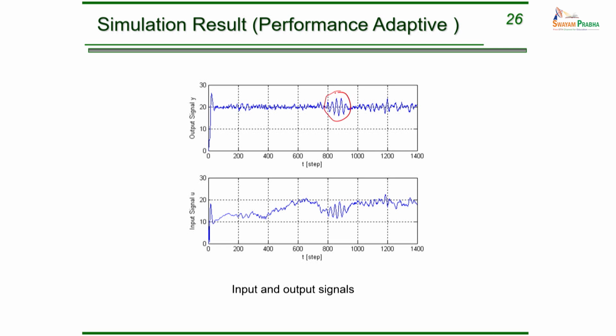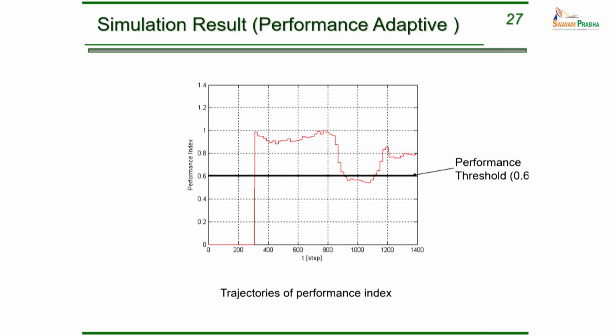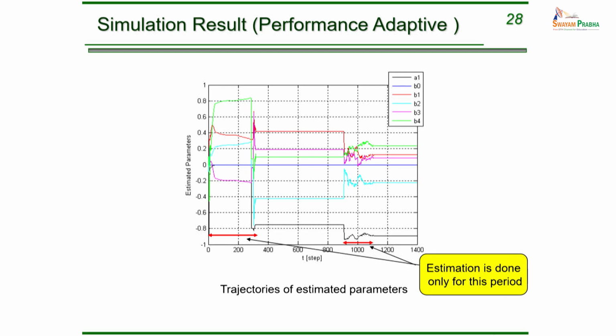This is where the delay changes, and it takes a little while for the controller to quickly estimate the new parameters for the controller, and it does try and bring the controller to good regulatory performance. The performance index does indeed go below 0.6, and thereafter it comes back. Okay. So if we do performance adaptive control,